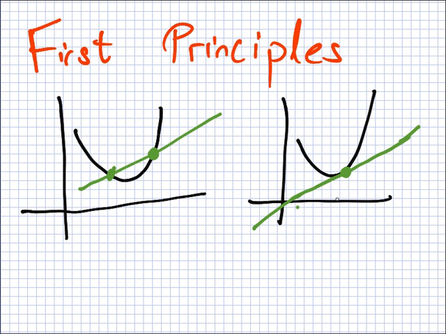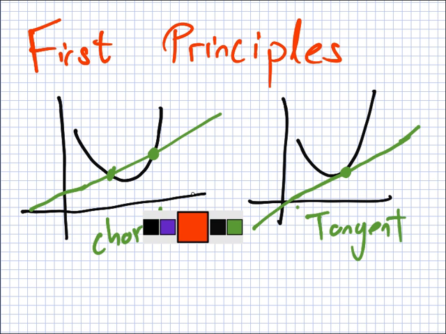Bello. Tangent. Okay. Tangent. Alright. Danny. Tell me the name of this line. See, now I'm ready to pick on you. Chord. Good man. See, don't you feel better that you had to think harder about this one? Chord and tangent. So, what we want to learn today is how we can calculate the slope